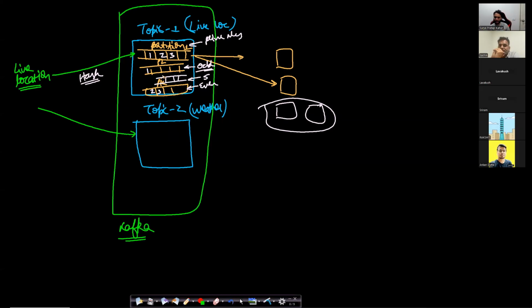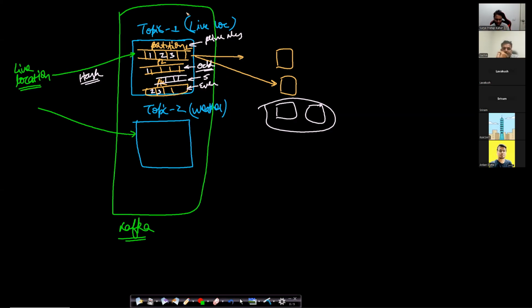Another way could be, your application is highly scaled, and so you may want a different partition for different regions as well. Even in a single city, if you have a high load, then maybe you will want different partitions to operate for different regions in the same city, like north, east, south, central, and west, because you have a very high number of consumers there. That will also help you do load balancing and organize the data in different partitions for the exact same topic. You are tracking location, but you can apply any kind of logic here, like how you would want to do organization, how you would want to do load balancing, and how you can better serve the